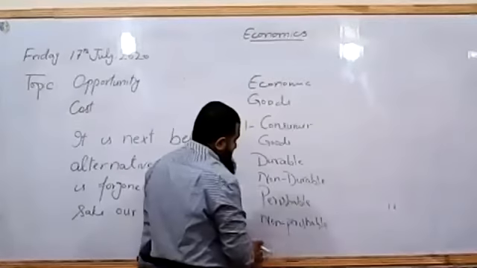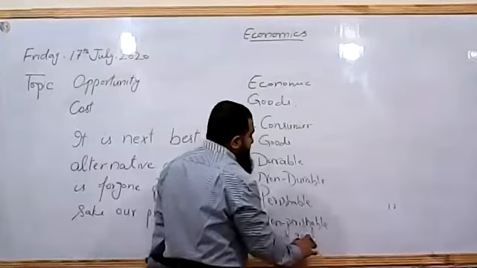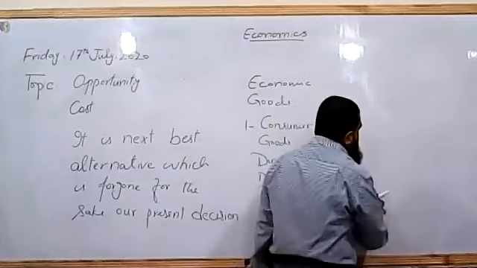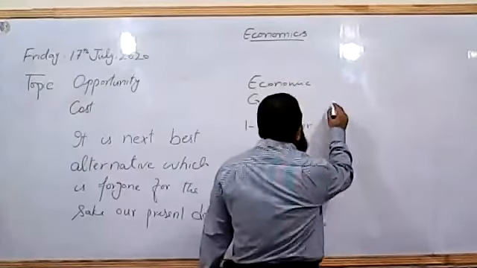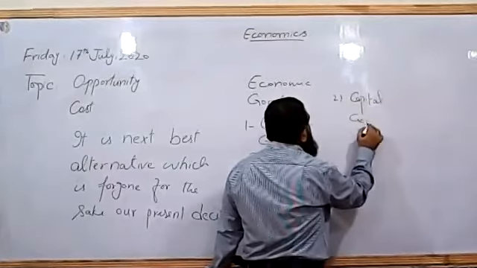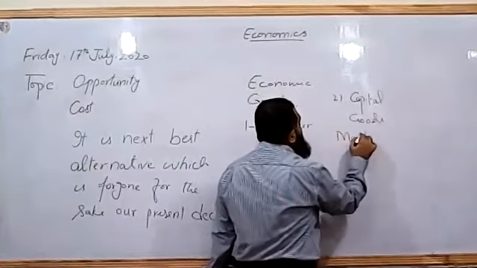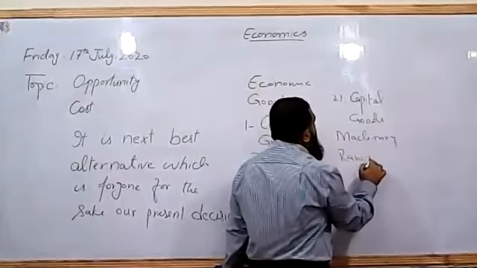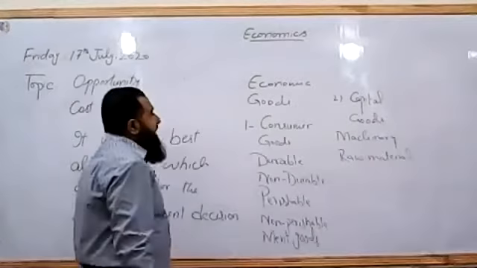And at the same time, we can also have the merit goods, which are good for the consumers, but they do not realize. Another type is demerit good, which should not be consumed by the consumer as they are harmful to them. Another type of economic good will be the capital goods. These are the producer goods which are demanded for the sake of production. For example, raw material, machinery, factory buildings, they are all demanded by the producers in order to produce output. Okay, this is the capital goods.